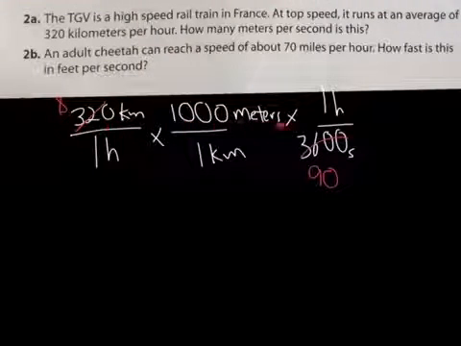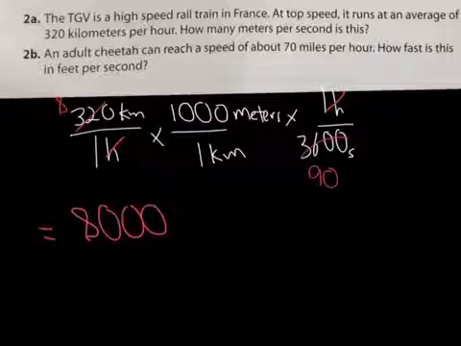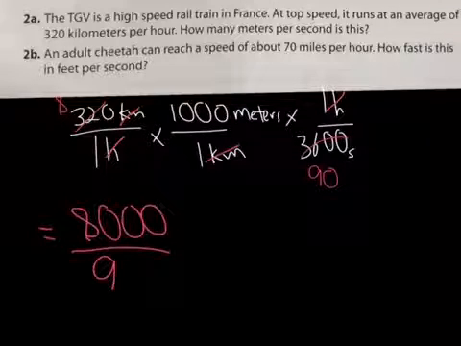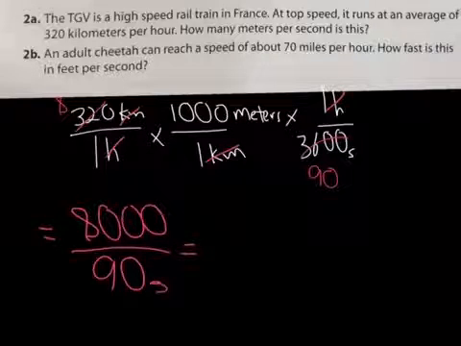So 8 times 1000 times 1. Now remember, that 1 hour gets canceled out because we can cross-reference those hours. So it's just times 1. So my top number is going to be 8,000, okay? And my bottom number is going to be 1 times 1 times 1, well, these kilometers cancel each other out as well. So now I have 8,000 divided by 90, okay? And this is 90 seconds, by the way, and the top is 8,000 meters. Okay, and when I divide those two, I'm going to get